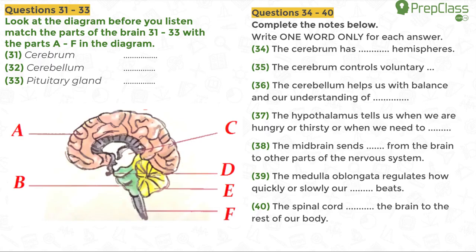Now, the pituitary gland, this little gland, has a hugely important function. It releases hormones to the body that regulate all sorts of things. How quickly we grow, and the size we grow to, the rate at which we age. It also regulates whether we have a slow or fast metabolism and how we relate to stress. Now I am going to show you a model of the human brain, and I want you to identify...